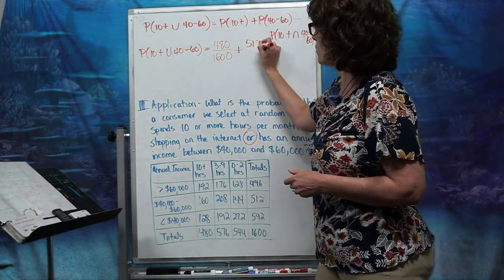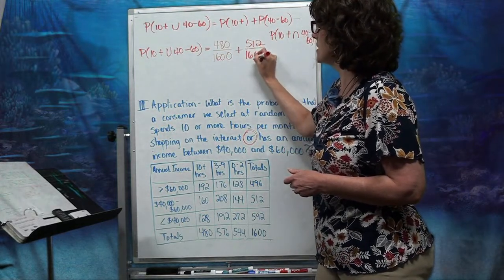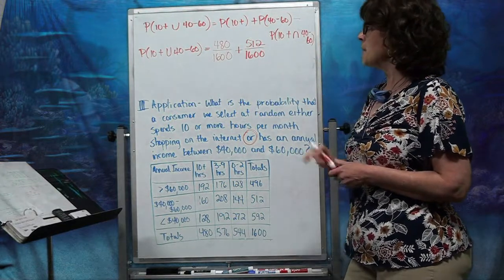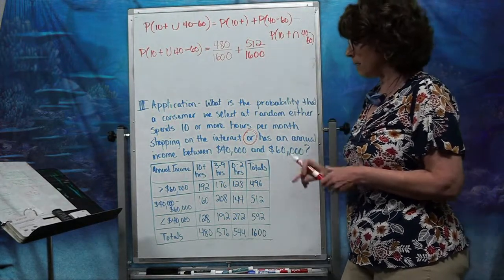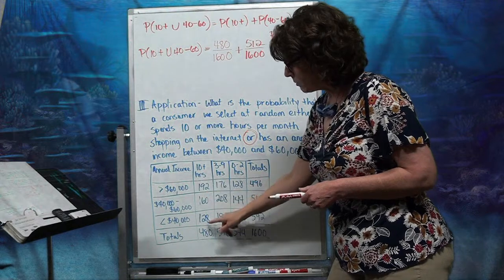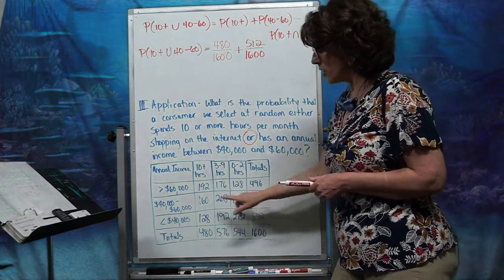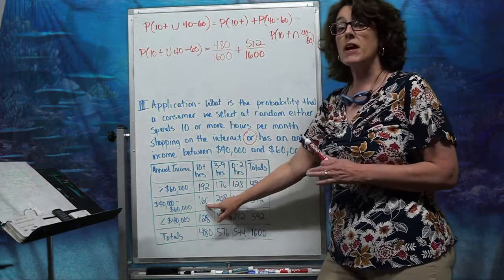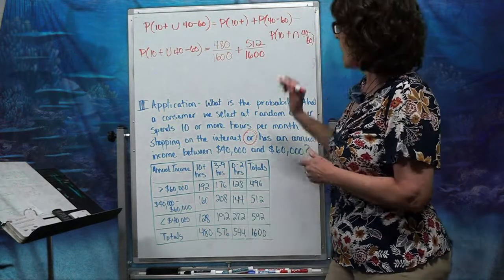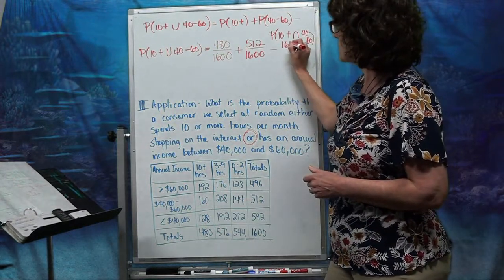Now recall, I need to take out that overlap. These people who shop 10 or more hours intersect with those who have the income of $40,000 to $60,000. There's 160 people that are in both of those categories. I need to take out those 160 people